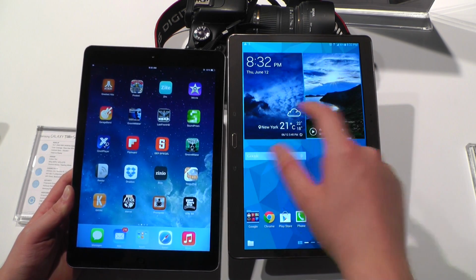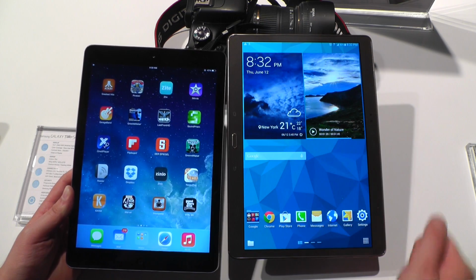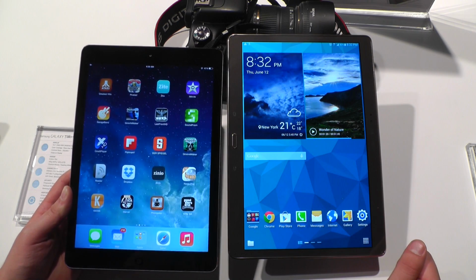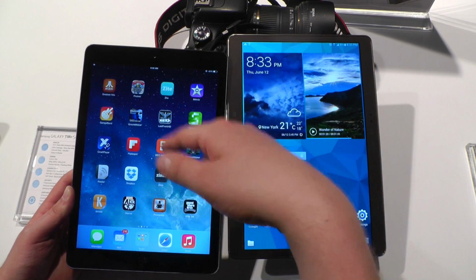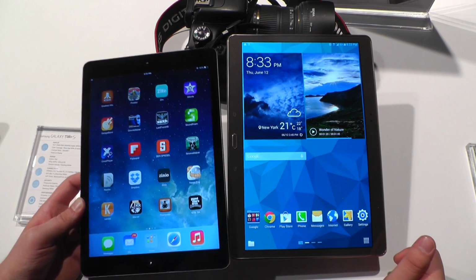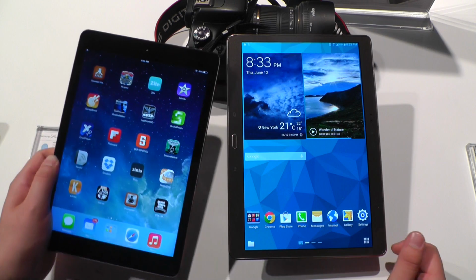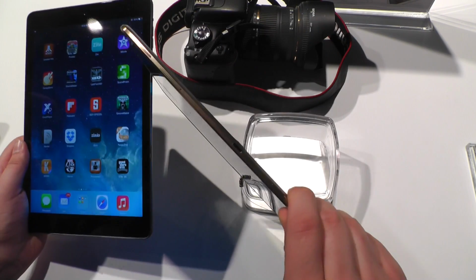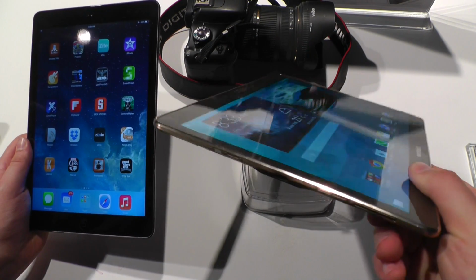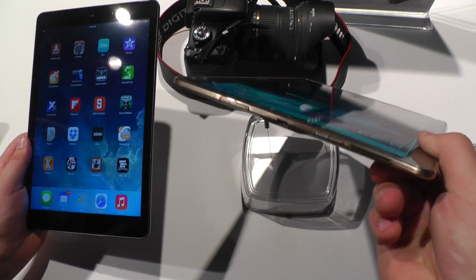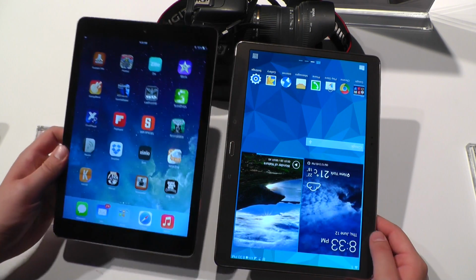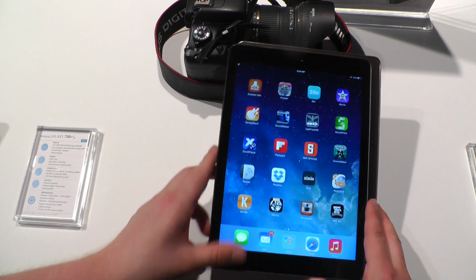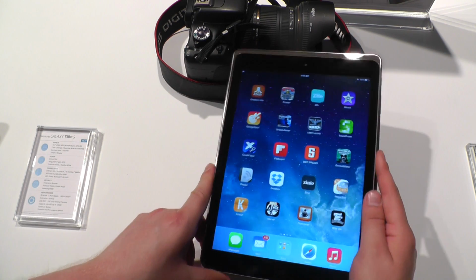You can get several storage options: both 16 and 32 GB with the Galaxy Tab S, and 16, 32, 64, and of course 128 GB with the iPad Air. But you can actually expand the storage on the Galaxy Tab S 10.5 over the micro SD card slot by another 128 GB. So let's put both of them together, and you can see that the Galaxy Tab S 10.5